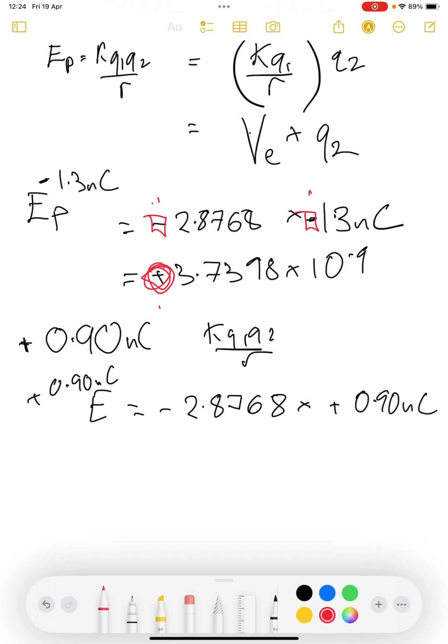So again, minus sign, positive sign. I'm going to end up with a negative sign there, which is equal to,